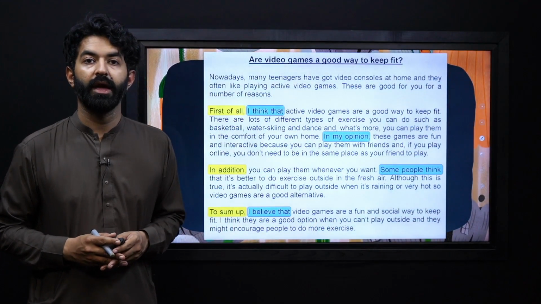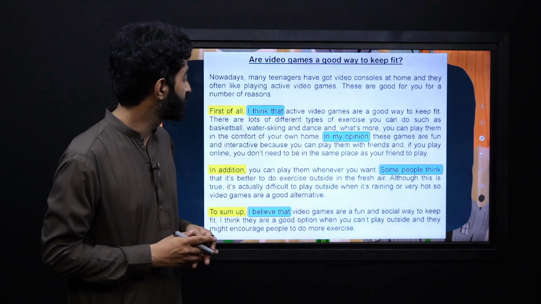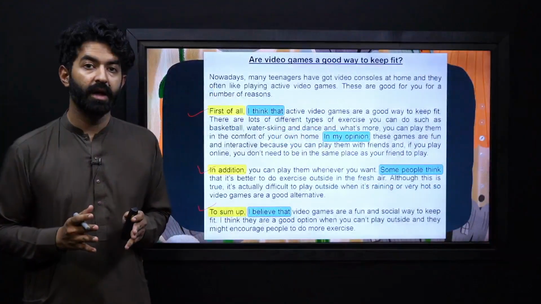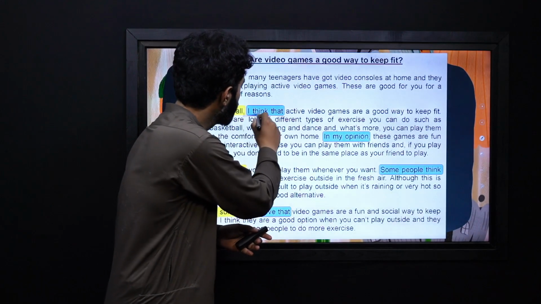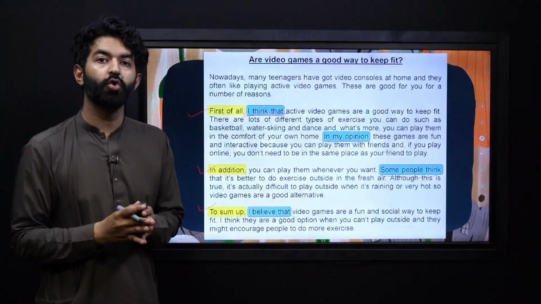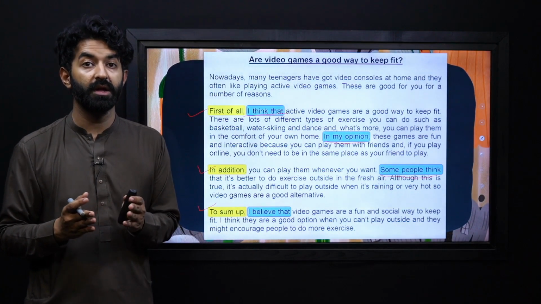Here we have a paragraph for you, like 2 or 3 paragraphs. Now pause the video, read it, and you can clearly see that we have highlighted some words. These groups of words help you to present your opinion in a very clear and good way.